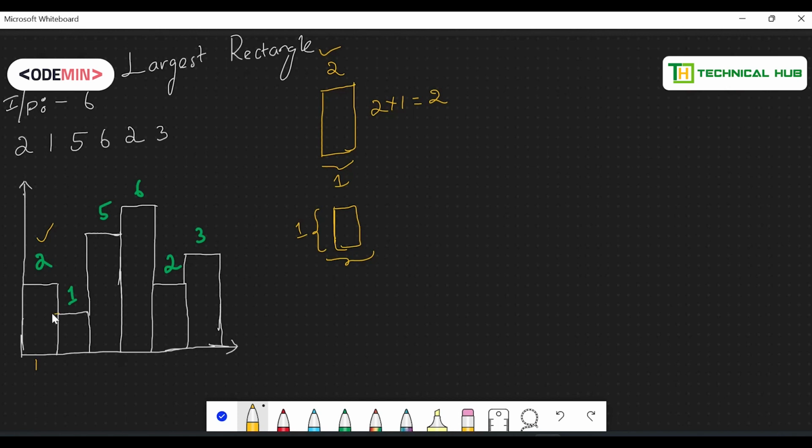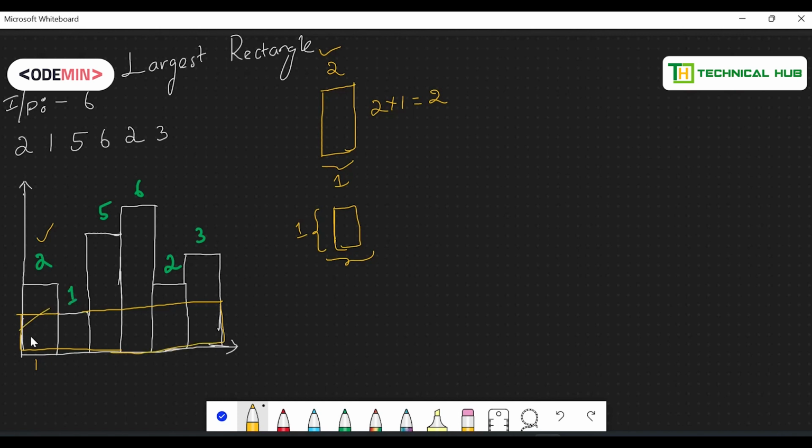Yes, I can, because the histogram towards its left is greater than this histogram, so I can extend. In the same way, I can extend up till the last, because all the heights of the histograms towards its right are higher than 1. So this is the maximum rectangle I can create with the help of 1.